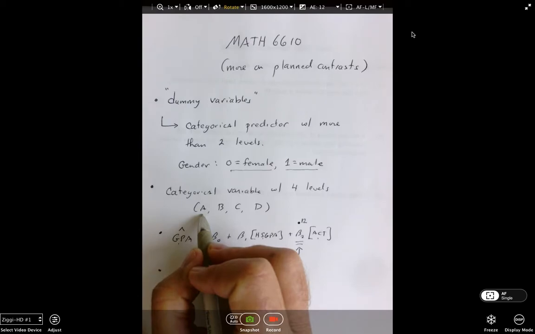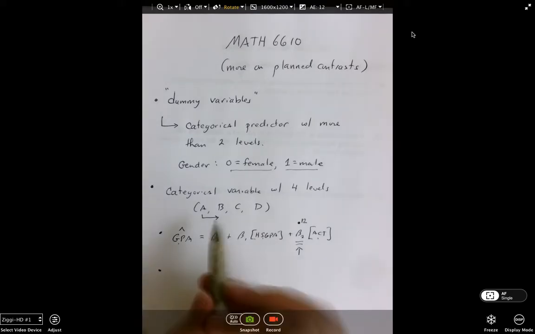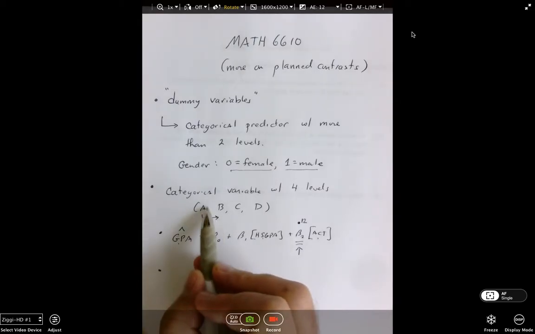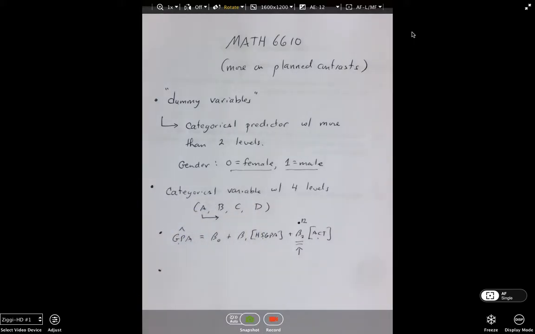Now, what does it mean to increase this 1 unit? Well, it doesn't mean anything because these are arbitrary assignments. These are school district A, B, C, D. I don't think there's anything holy about this school district where it needs to be the first one. It could have been put over here. There's no natural assignment of ordering, and so we can't look at the traditional interpretation of the regression coefficients. So what do we do? Well, the first step,